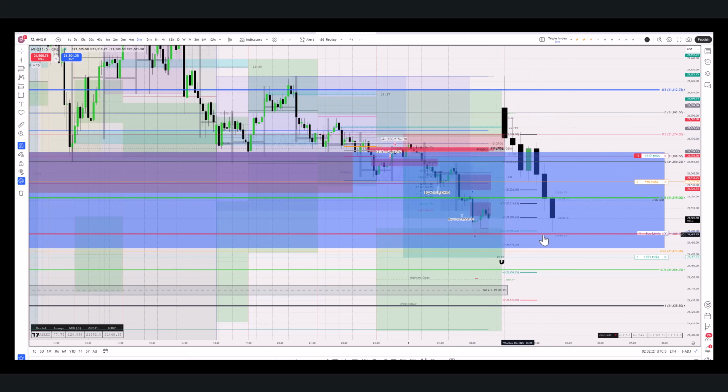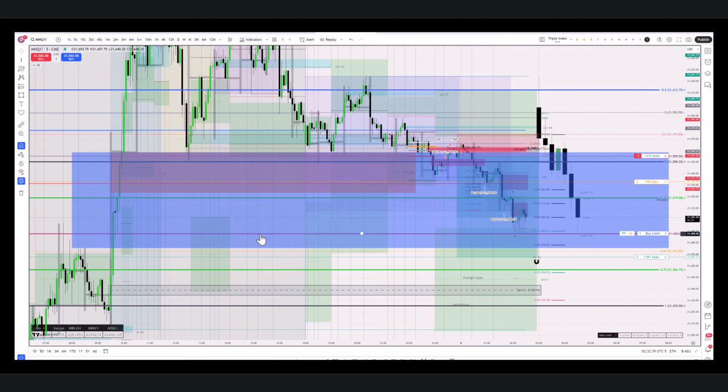We got a partial along the way. I love how the partial's underneath. Nice low resistance right here. Come and get it. So what do we got? Yeah, once we clear this bad boy,